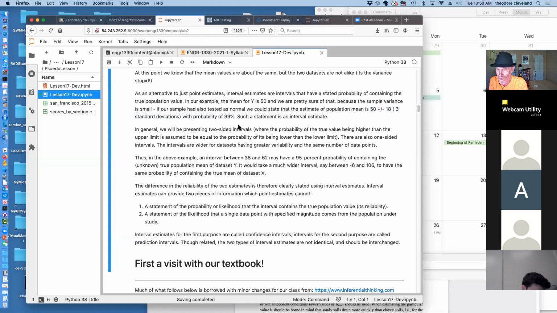Intervals are wider for data sets that have greater variability in the same number of data points. So in our case of X and Y, because X has